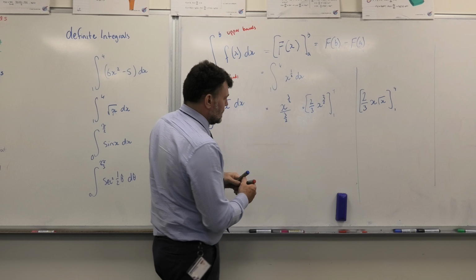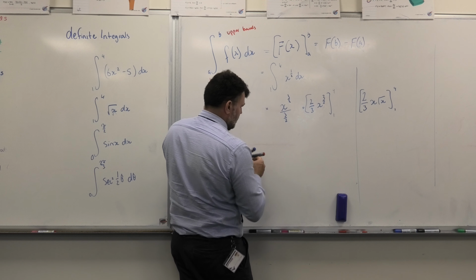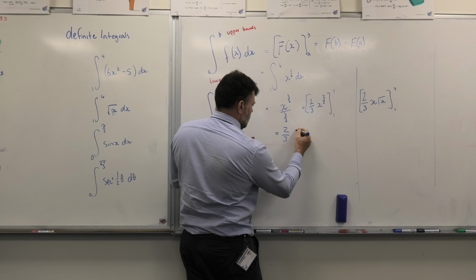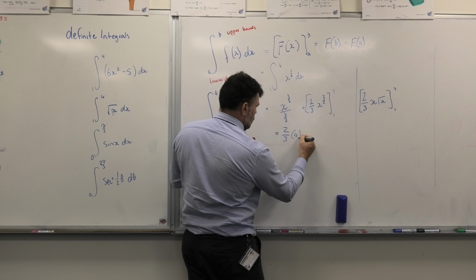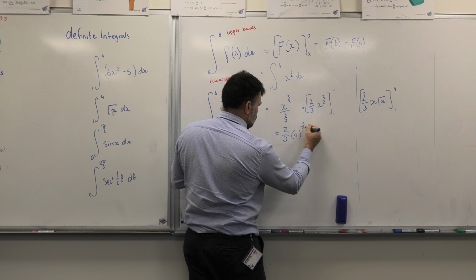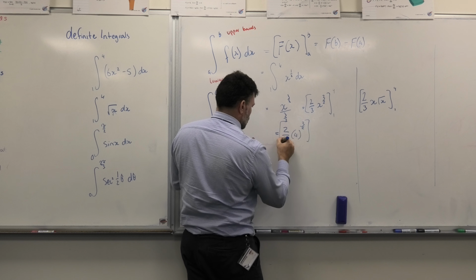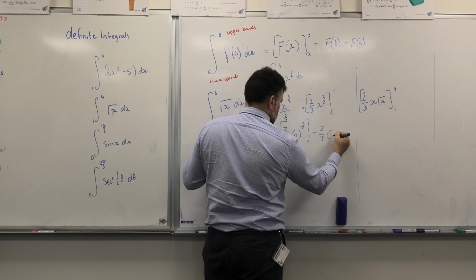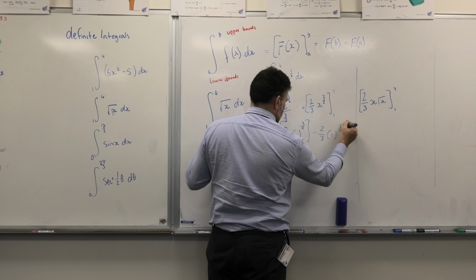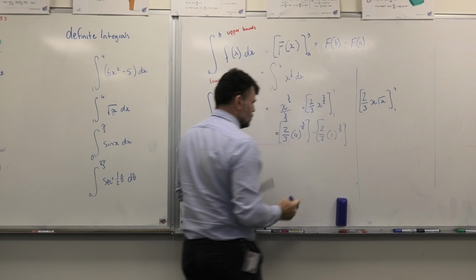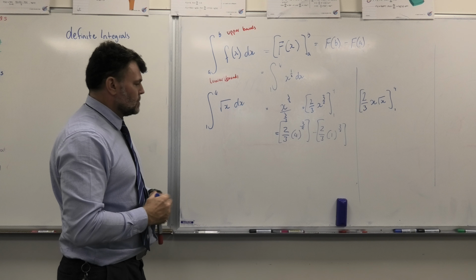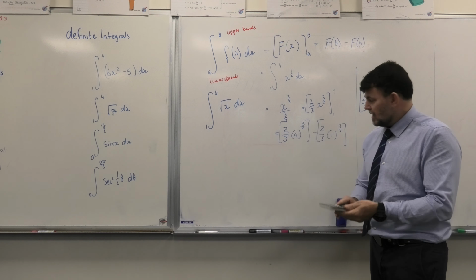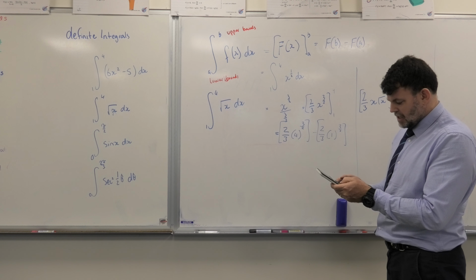Okay, so let's look at it. This is equal to 2 over 3 brackets, 4 to the power of 3 over 2, minus 2 over 3 brackets, 1 to the power of 3 over 2. Alrighty, so let's plug this into the calculator and see what we get. So we get